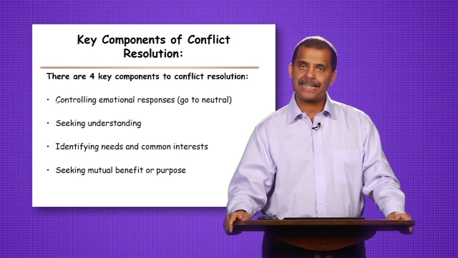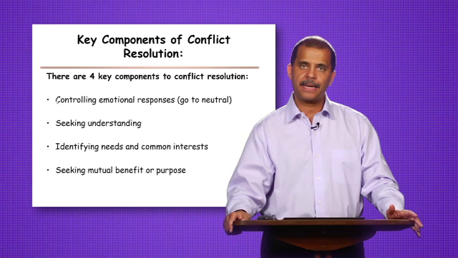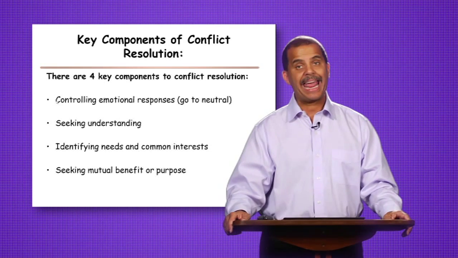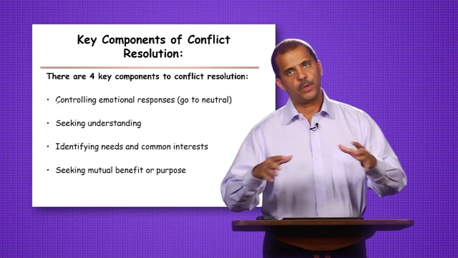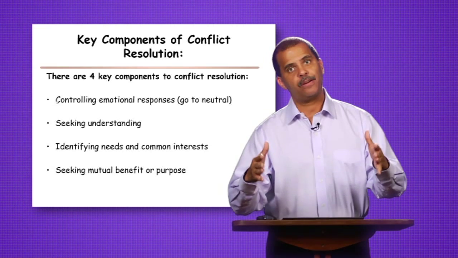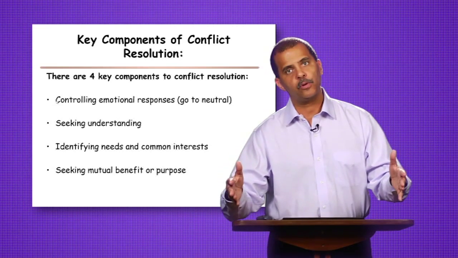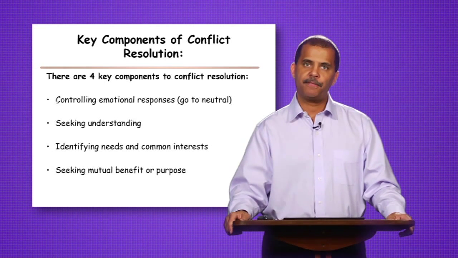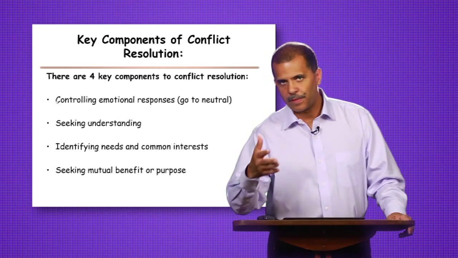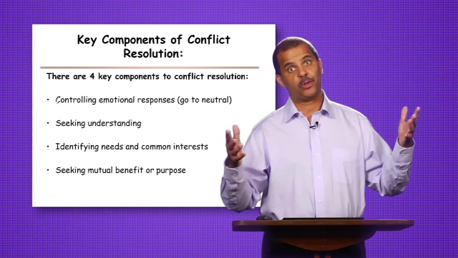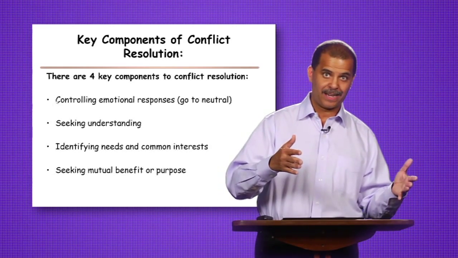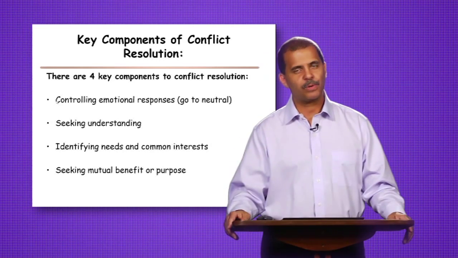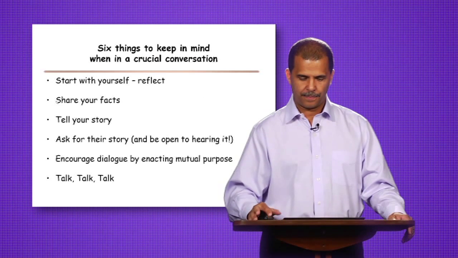Third, identify the needs of the other person. What do they need? Do they need more time, more explanation, more support? What do they need? And common interests. Because when you're working in a group, remember, one of the key characteristics of a high-performing group is common goals. Lastly, seek mutual benefit or purpose. So within a school setting, mutual benefit is we get a good grade. Purpose is got a good grade in the assignment, in the course, well on my way. So that one's a little bit more straightforward within an academic setting.